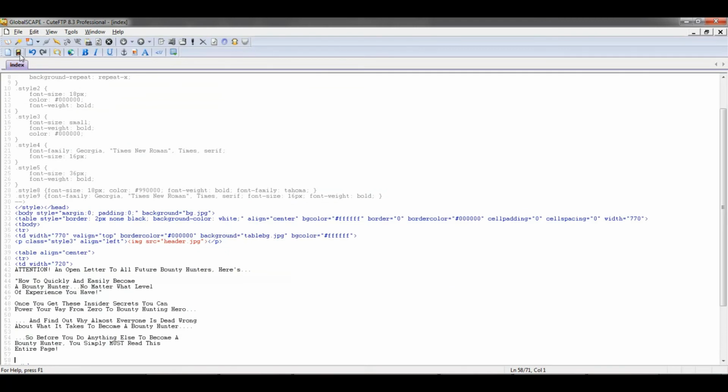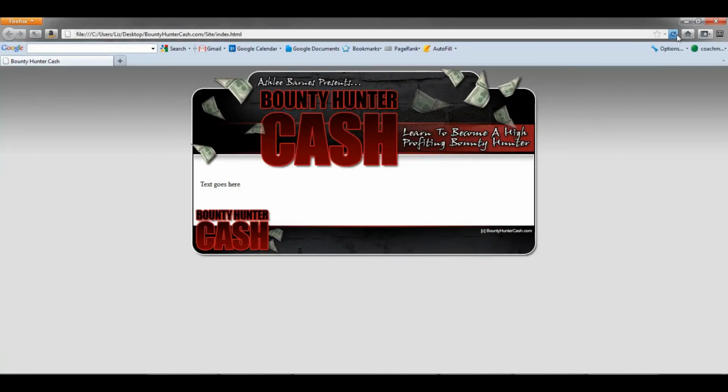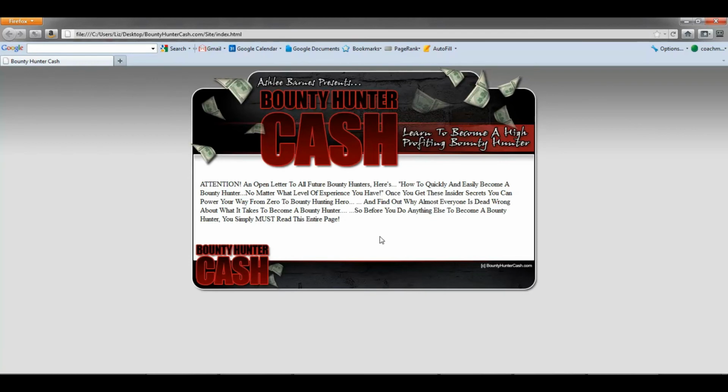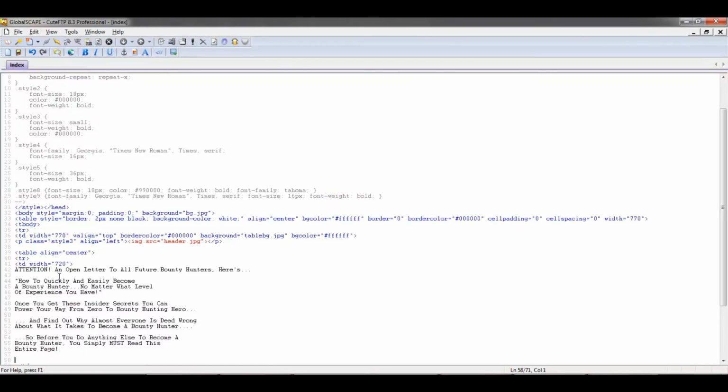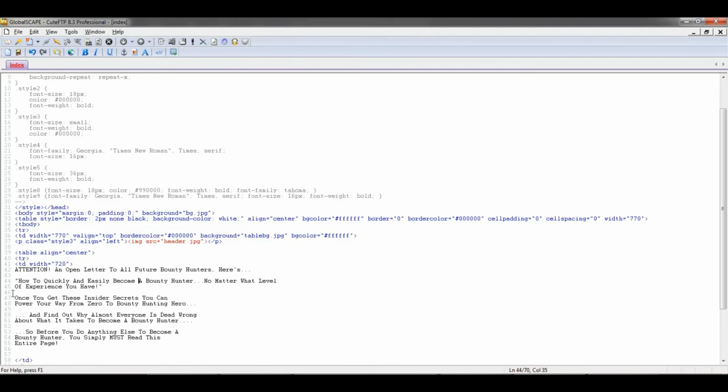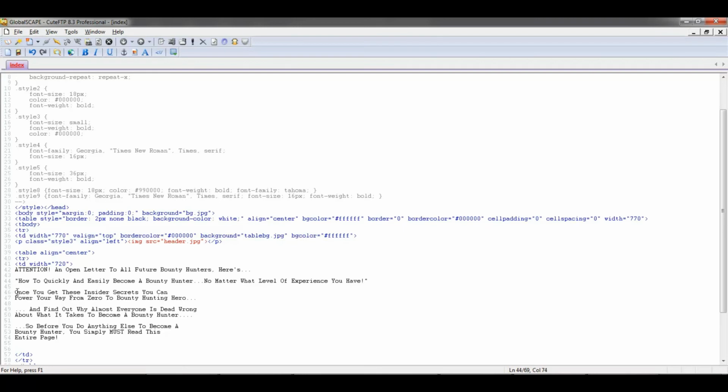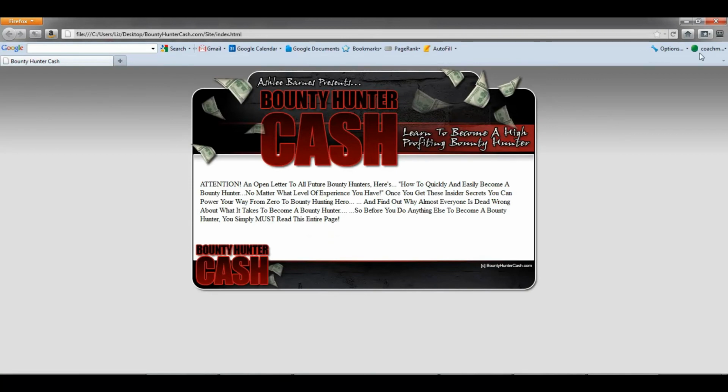Now, if I was to just save this like it is, it's going to just throw everything together here, okay? So we've got to come in, we've got to put some line breaks, and we need to make this a header. And just because you hit return, it's not going to make it go down on a different line, okay? So what I'm going to do is what's called an H1 tag, and it's less than, H1, greater than, then less than, slash H1, greater than. If you don't end an HTML call, it will continue formatting it that way until you do end it, okay? So if we look at this now,